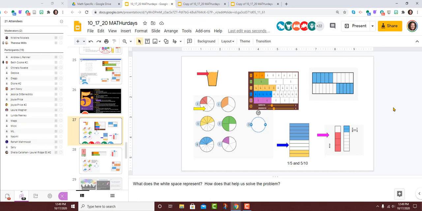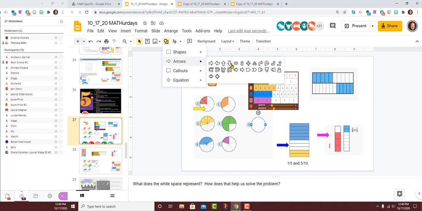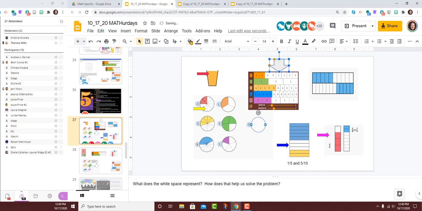That was me. The white space is the part of the cup that was left to be filled, and by organizing my fraction bars the way I did, without overlaying them but next to each other, I could see the filled part versus the unfilled part of both fractions. Very cool. Thank you for sharing that. I just want to connect with everyone else and make sure we have a firm understanding of these two different ways of looking at white space.